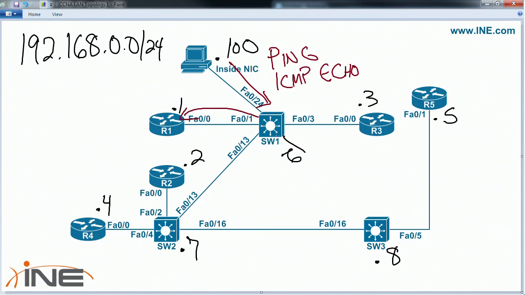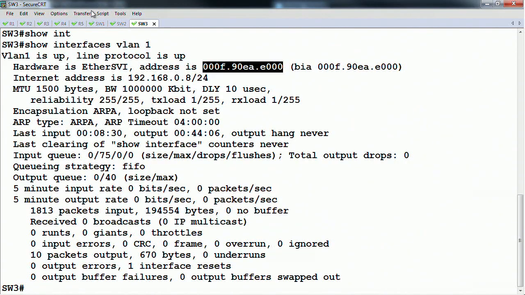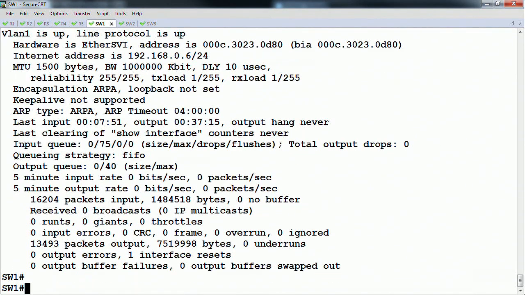It looks in that local table, which is called the CAM table, the content addressable memory, and it does a lookup and says, what's the MAC address that's inside this packet? So the host to begin with is going to know what the MAC address is of router 1. So it says, look at the destination inside the layer 2 Ethernet header and figure out what port that's located on. And on the switch, if we look at the show